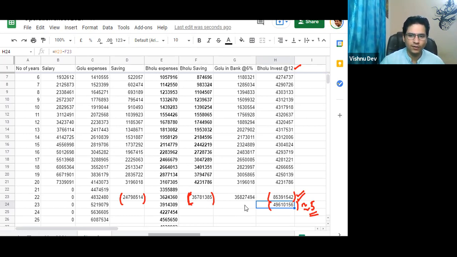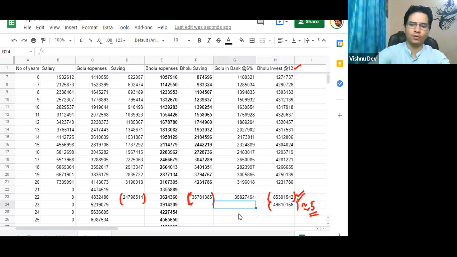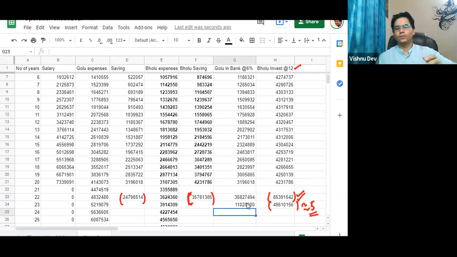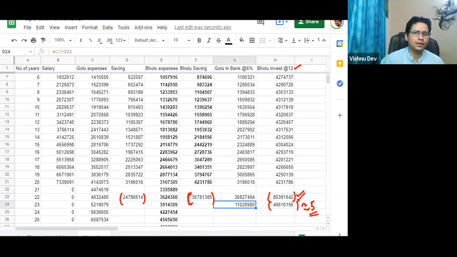So this is about Bholu. What about Bholu? This minus, yes, correct. So Bholu's return is only around 1 crore 10 lakh. Yes or no? So I can say, right here, the thing that is changing is